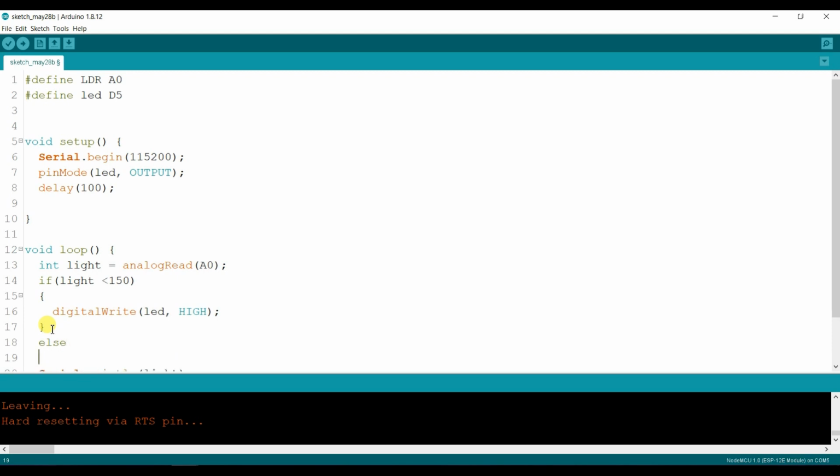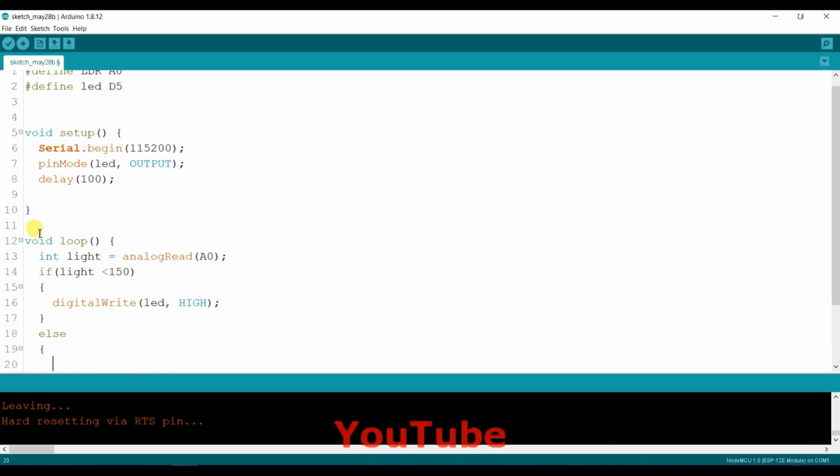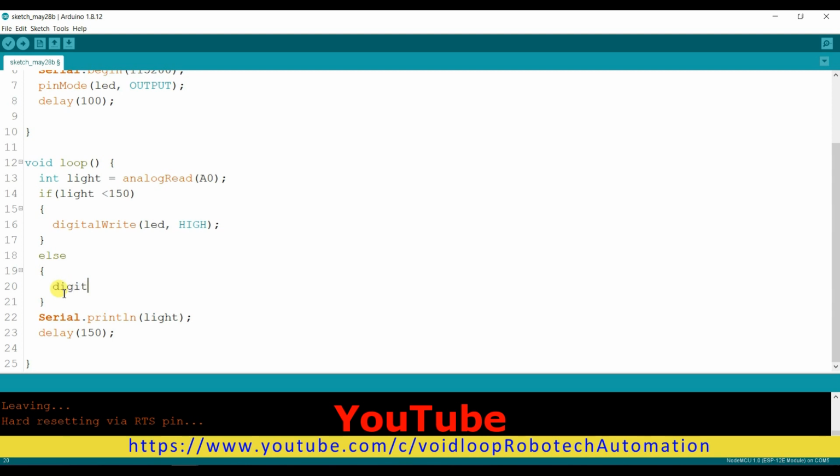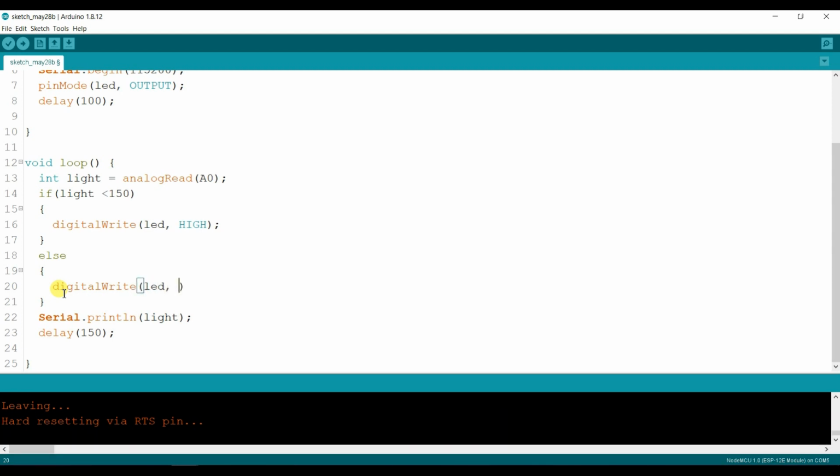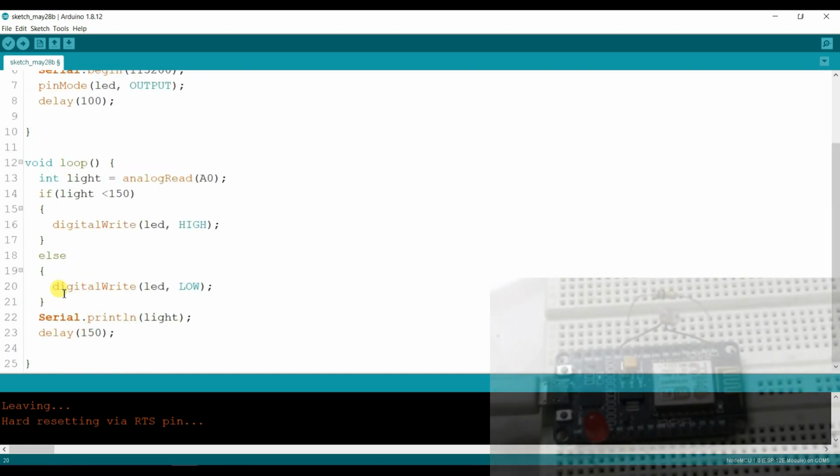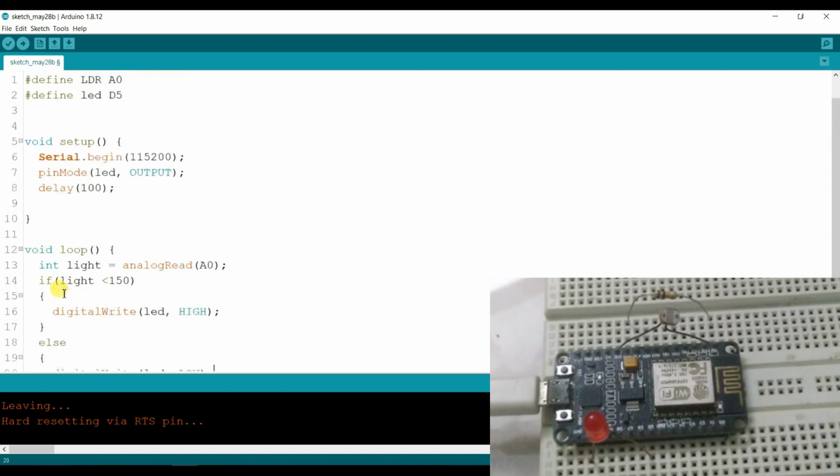Else, the LED should be low. Okay. I will once again compile and upload.